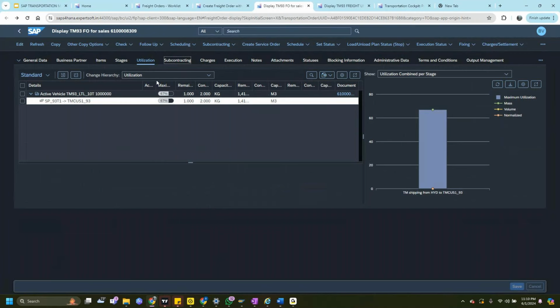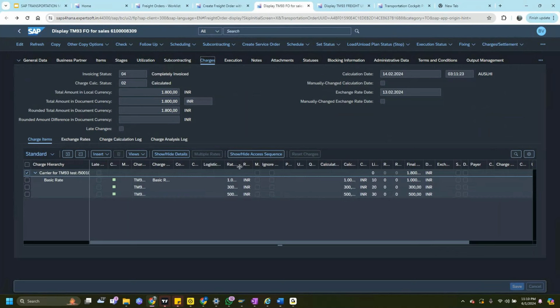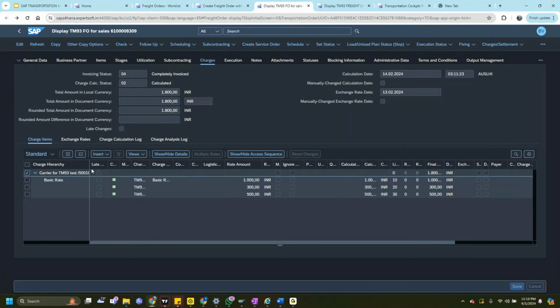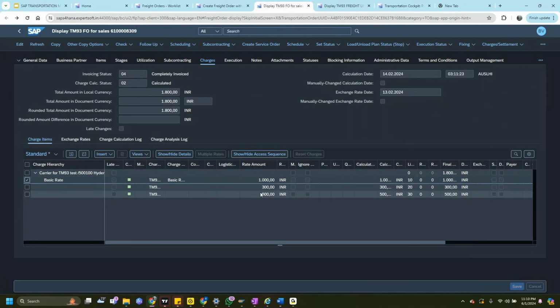The subcontracting tab shows who the carrier is and where it is coming from and all this kind of things. These are the charges that you can see, the rates, like these are the rates that we are going to pay for the carrier, and we can leverage these charges and charge the customer through customer billing in the sales order as well. So we can transfer this 1800 to the customer billing invoice and charge the customer also, so that we are not owing anything. We are just leveraging these charges and passing them on to the customer itself.